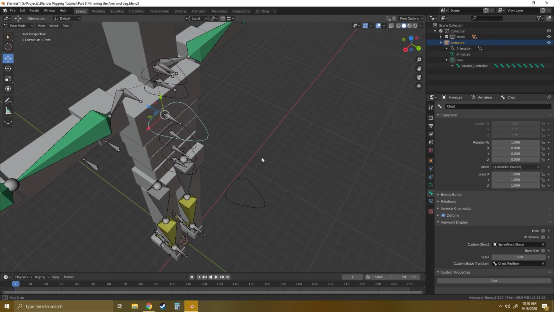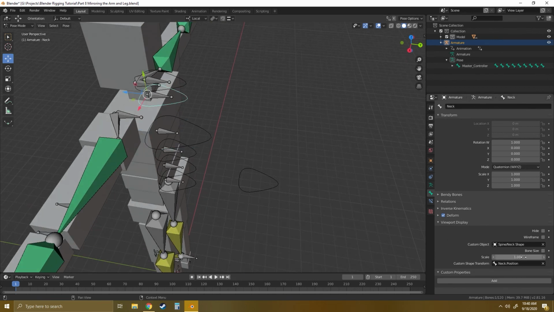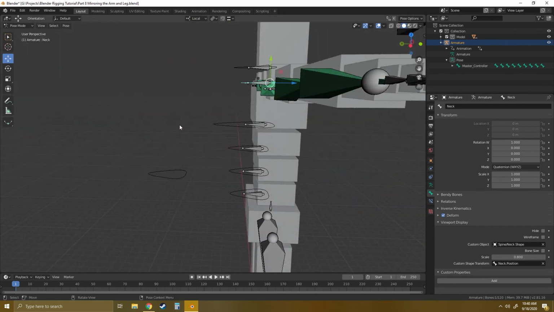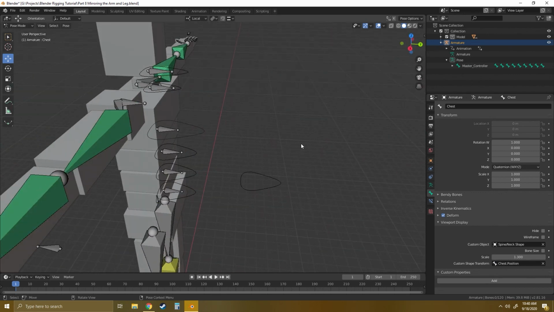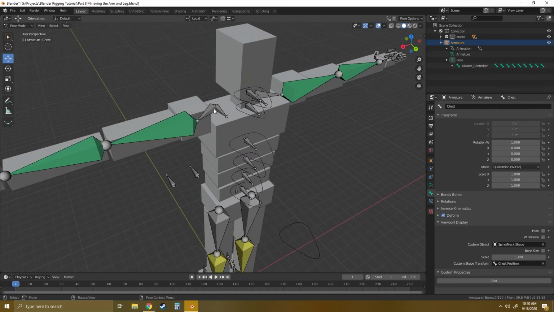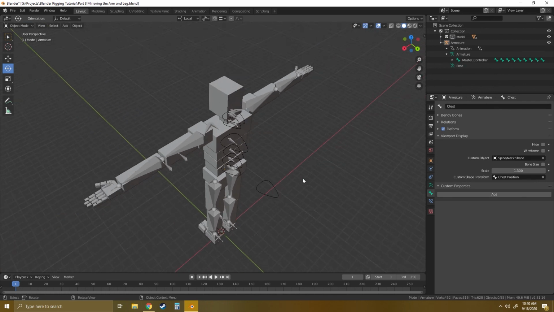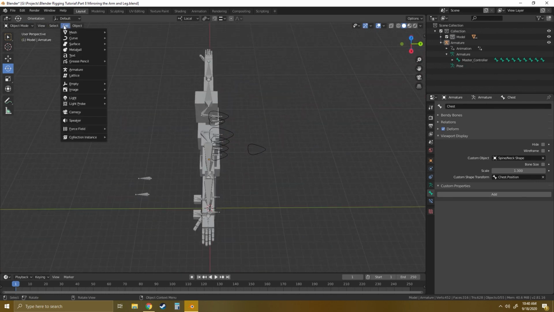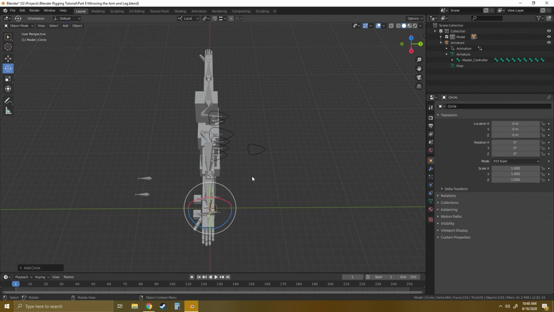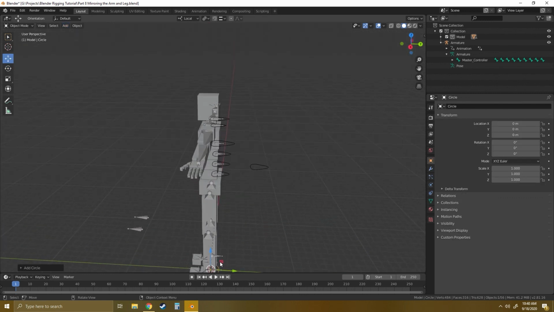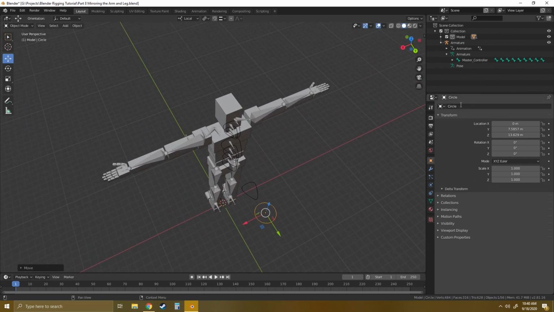And you can, of course, do whatever you would like with these different custom shapes. If you prefer something else, or if you want to make a fun shape or something like that, that's totally fine. Okay, next what we can do is create our arm controller pieces, which will also be for our clavicle. And I'm just going to make a basic circle for that, actually. Let's do add mesh, and we'll do another circle. Move that up into this kind of a position so we can mess with it if we need to. Let's rename that to